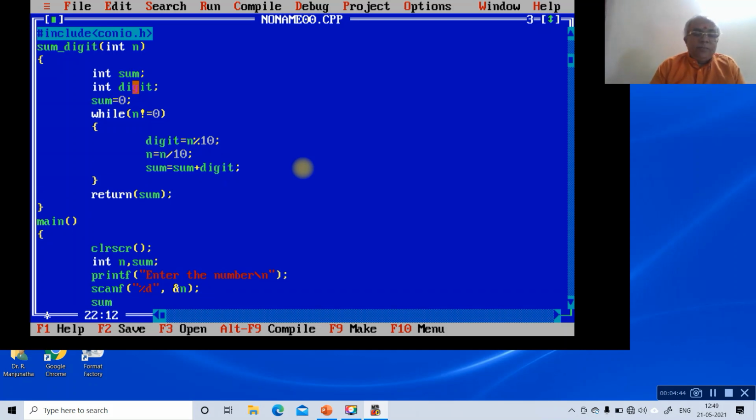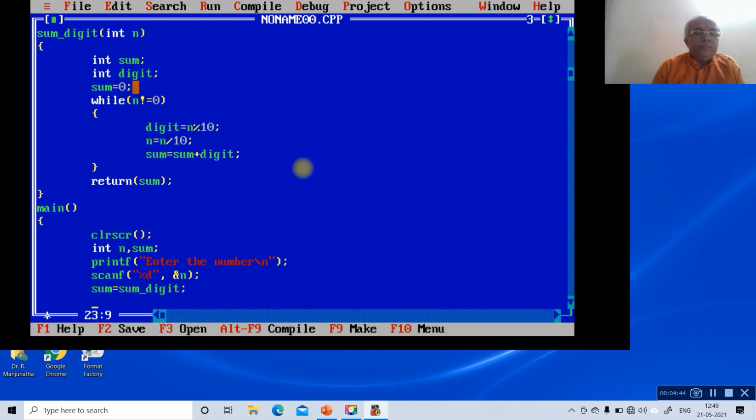Then sum, call this sum underscore digit. Then printf, sum of digits, in brackets you take %d equals %d \n, then close this, then mark this n comma sum.